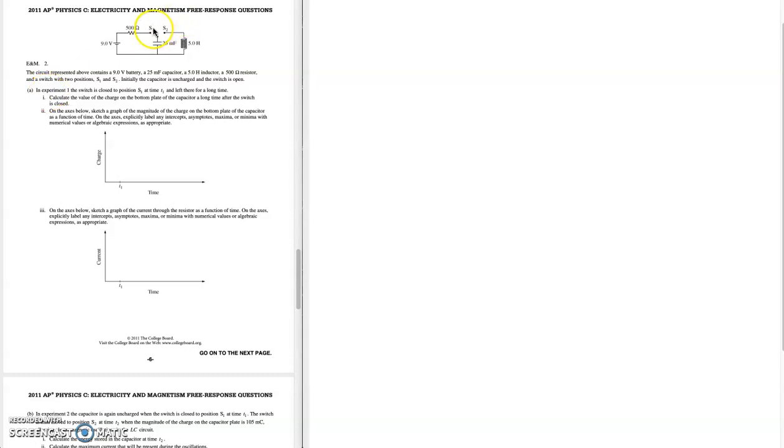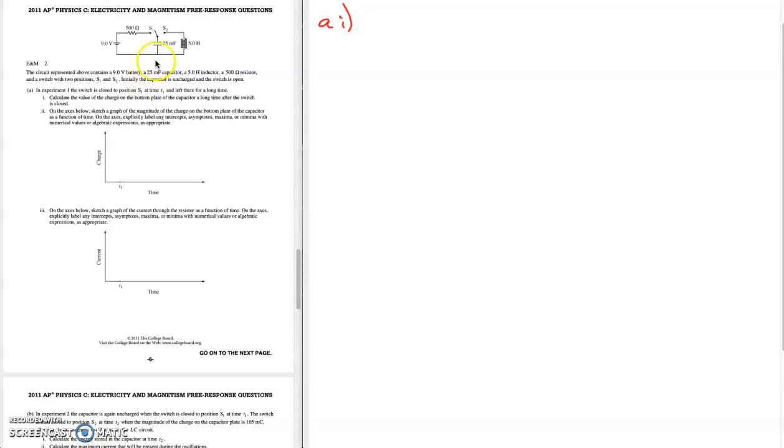So we're going to close the switch to S1, and the current is going to go through the resistor and then deposit charge on the capacitor. Kirchhoff's loop rule says we go up the battery, down the resistor, and initially there's no voltage across the capacitor, so the resistor gets all of the voltage drop, and eventually that will switch and the capacitor will have all of the voltage drop. So for part 1,